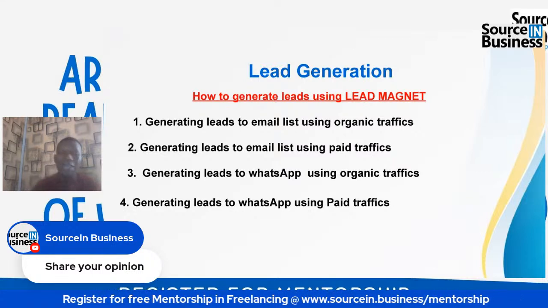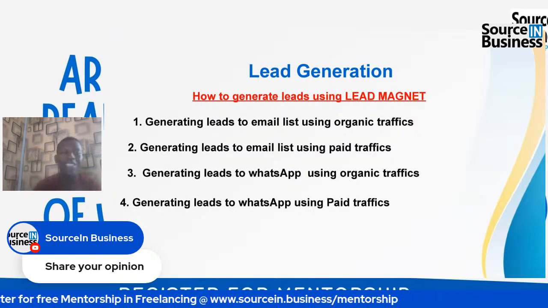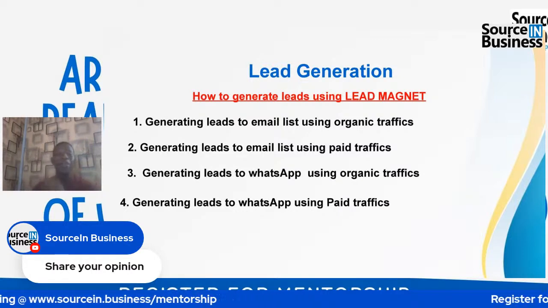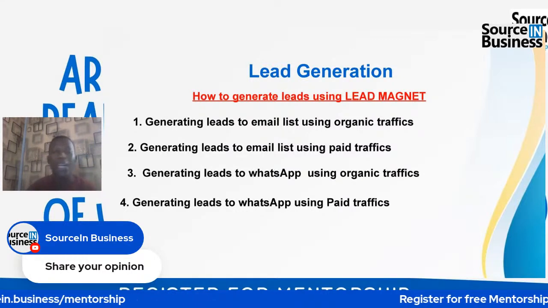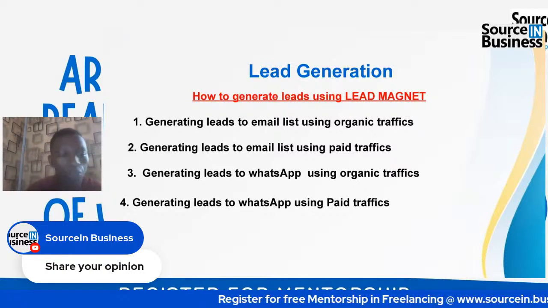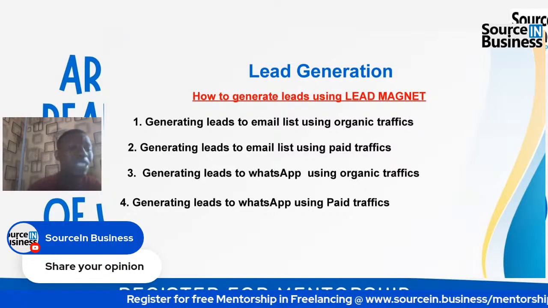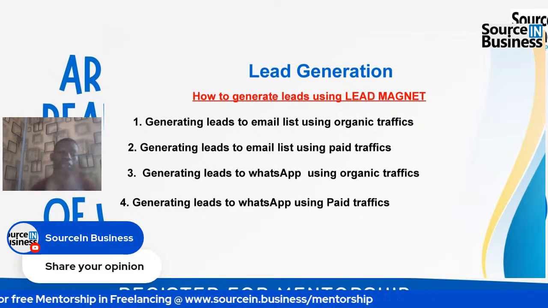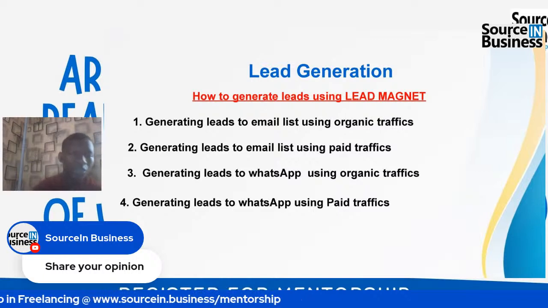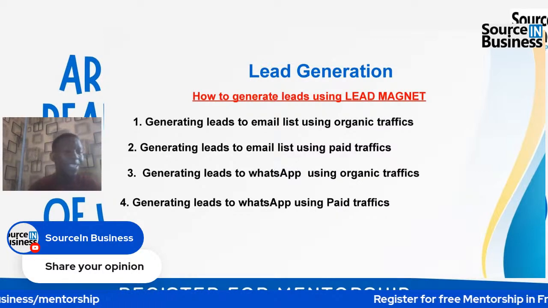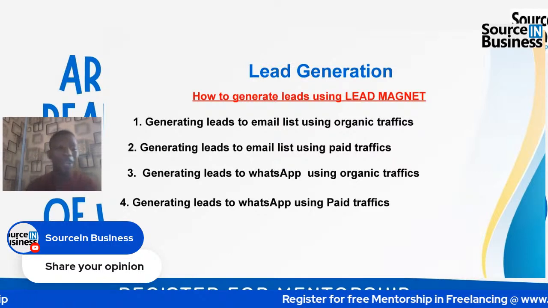And while they are saving your contact, you are building your list. You understand what the game is. So you tell them to save your contact. And once they save your contact, you give them access to the lead magnets you are giving them. All right. So once they save your contact, you also save their contact. So you give them access to the lead magnets, and everybody is fine.